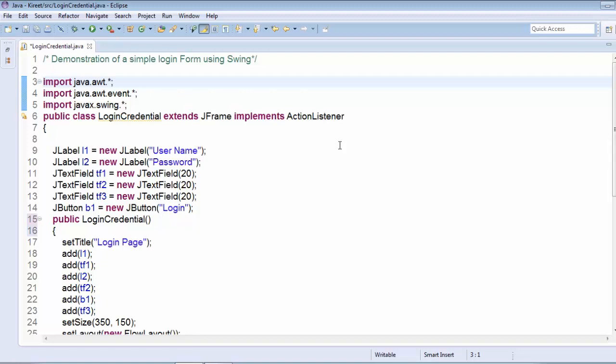So you have to import certain packages in your program, that is the awt.event for event handling and javax for the Swing APIs. And also I have imported AWT. You will see the use of this particular package in this example.